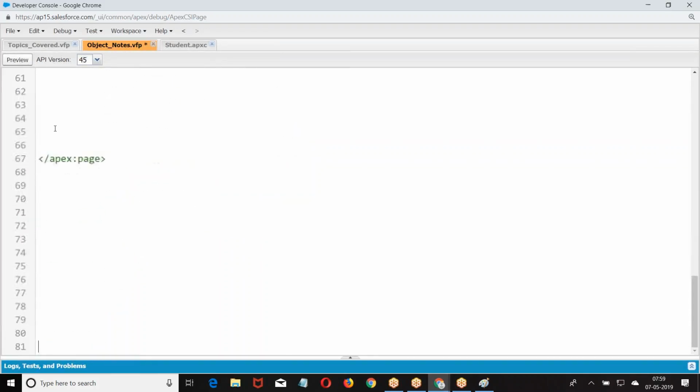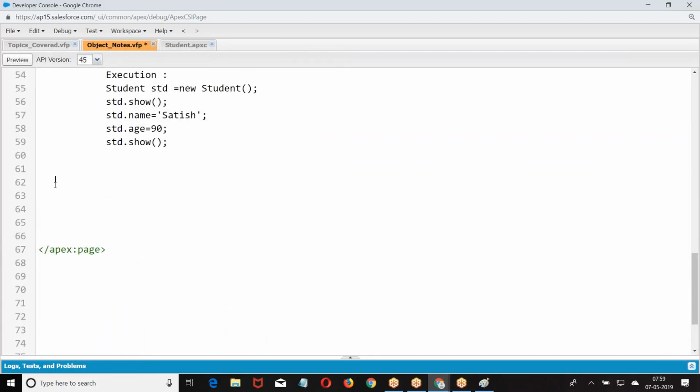Let us do some basic examples. Create an Apex class which will collect the data of CSE students.